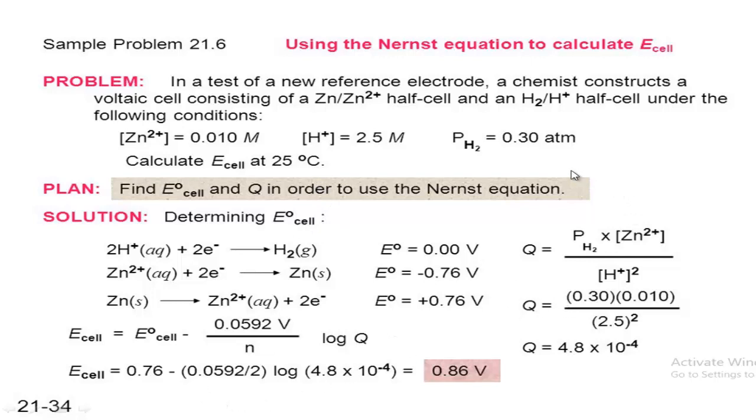Here also one different thing: atmospheric pressure is given, because there is a gas electrode. In case of a gas electrode, gaseous pressure is present, and that is 0.3 atmosphere. So if any pressure is given, you have to multiply the pressure with the product ion term, the product ion over the reactant ion. The ion concentration is 0.01 molar, so multiply it with that. So like this way we can easily calculate this problem also.